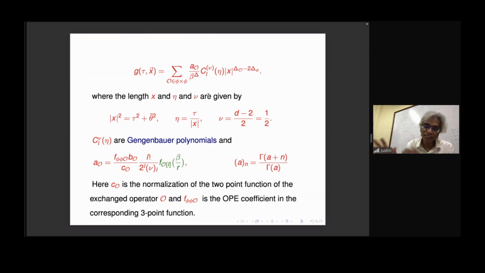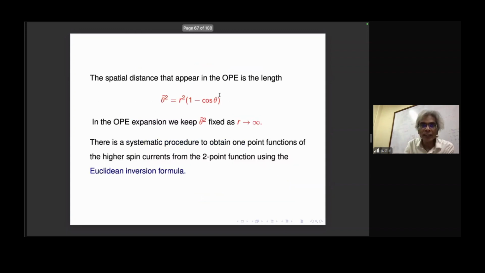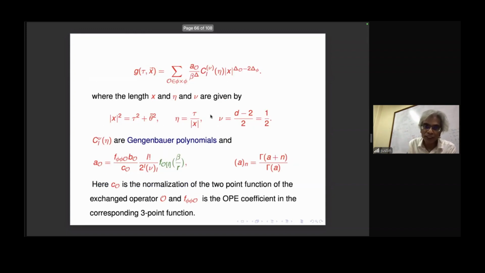But I think, given the lack of time, maybe it is good just to know that there is an OPE expansion, and these coefficients, these 1-point functions, can be obtained by doing certain integrals on the 2-point functions and extracting them out. So there is this OPE expansion, and in this case, because we are on the sphere,